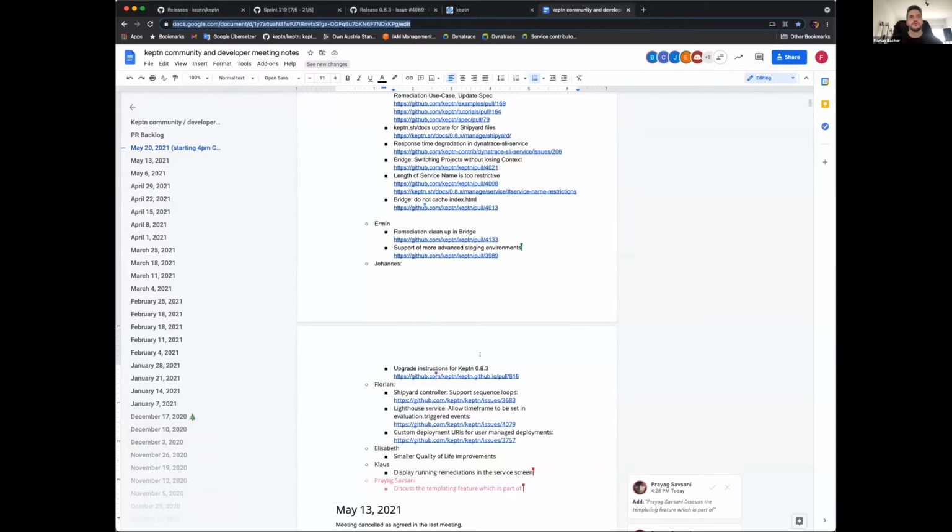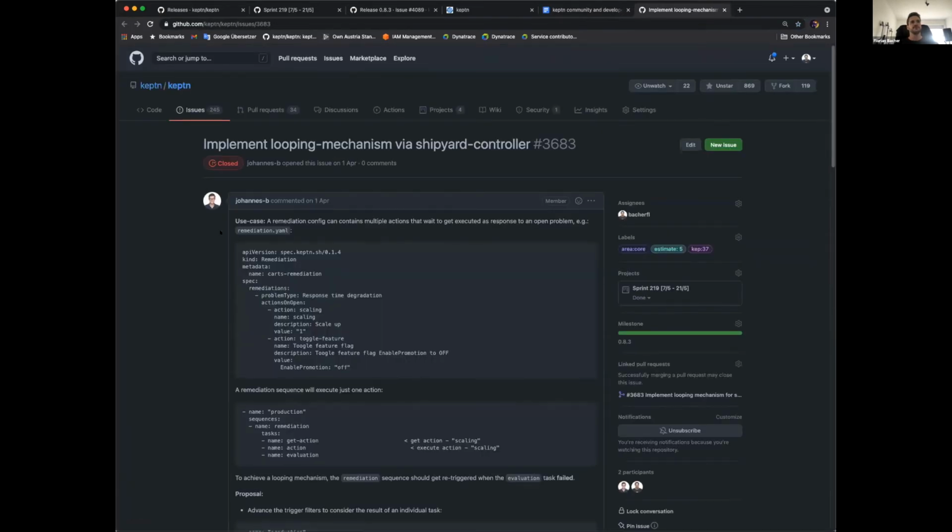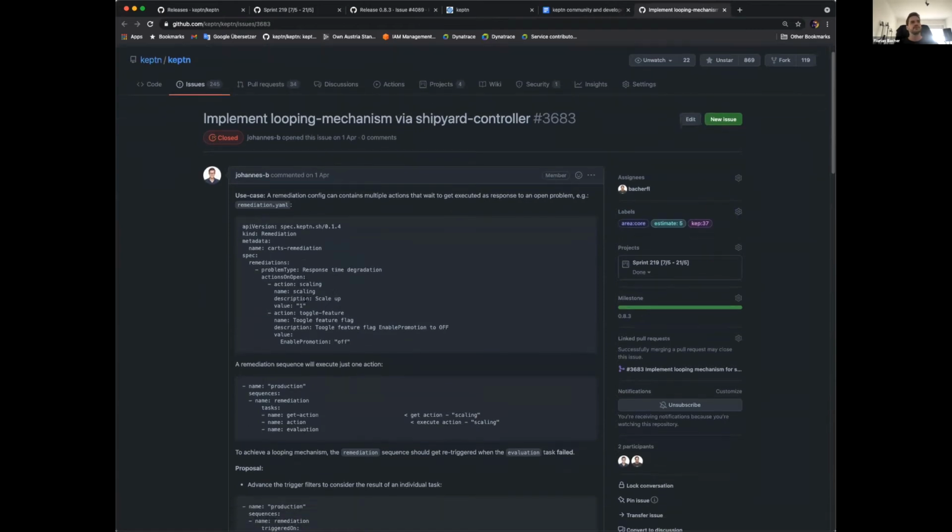Okay, today I want to show you 3 pull requests that I've worked on in this sprint. So the first one is for the Shipyard controller, support sequence loops. So let's quickly go to the issue to see what that's all about. That was actually a feature that's necessary for supporting the new remediation sequences, because the way it's going to